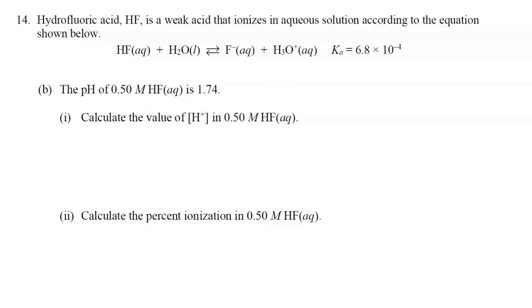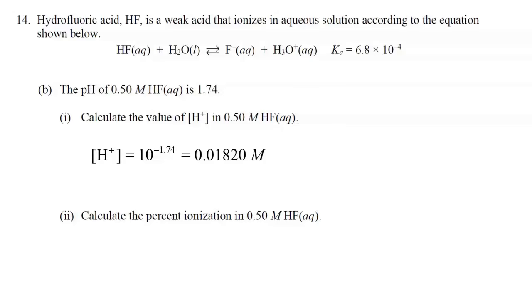So the inverse of a negative log is 10 raised to the minus pH. So the concentration of H+ is equal to 10 raised to the minus 1.74. And when we do that math, we get a concentration of H+ of